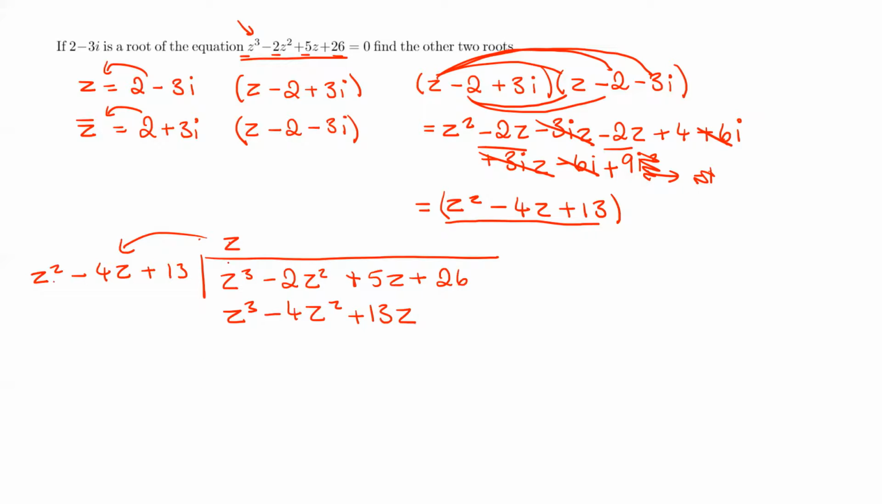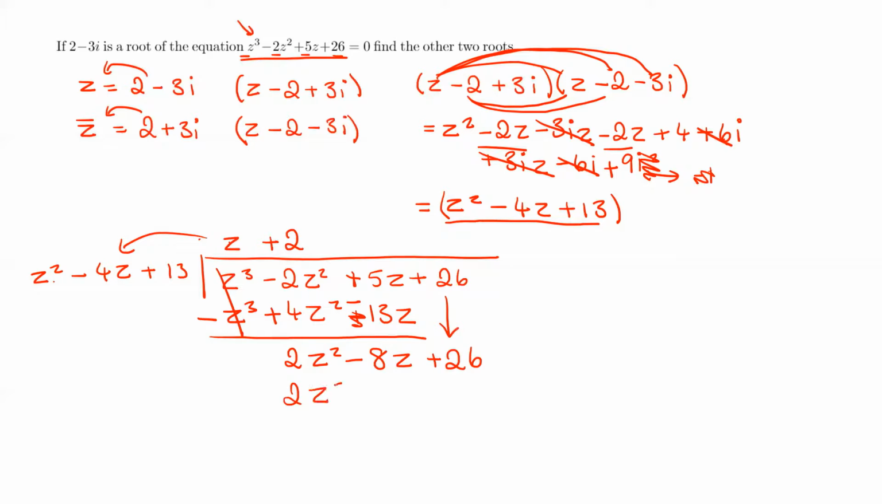Second step now, change all the signs. So the z cubed will become a minus z cubed, a plus 4z squared, and a minus 13z. And we're going to add them all up then. So the z cubed cancels each other out. The z squareds, we're going to be left with 2z squared, and plus 5z minus 13z will give us minus 8z. And we're going to bring down then that 26. And we do it all over again now. So the 2z squared divided by the z squared, that's going to give us plus 2. And then we're going to multiply it back in. So we'll get 2z squared